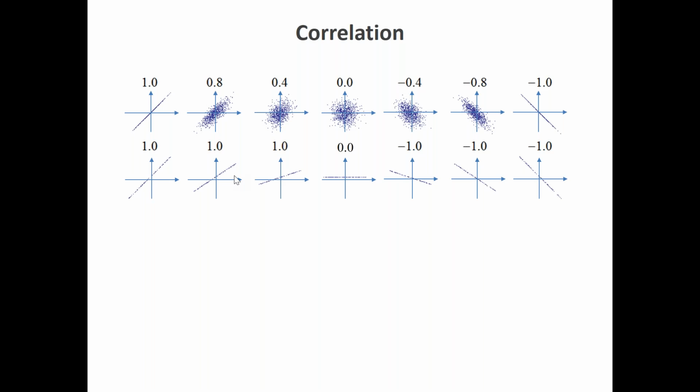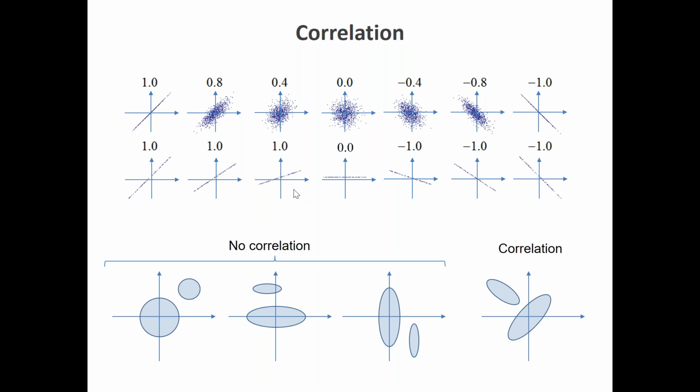And the same goes for the ellipses. So just to recap, we have no correlation if the cloud of points makes circles, where it doesn't matter where they are. There is no correlation if they make ellipses, but those ellipses are parallel, I mean, the main axis of the ellipse is parallel to one of the two axes. There is correlation if they make kind of an ellipse, and this ellipse has a slope, which is not parallel to one of the axes. So this is to recap the concept of correlation that I think everybody knows already, but this really gives a clear picture of what's going on.